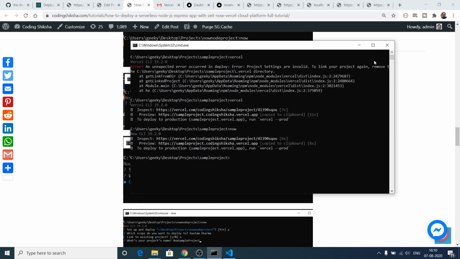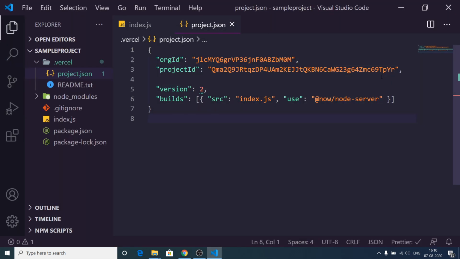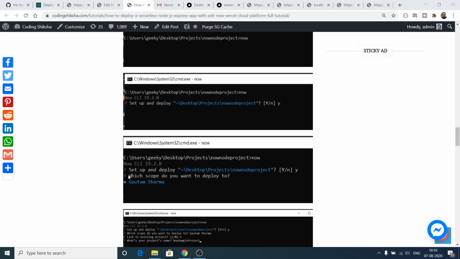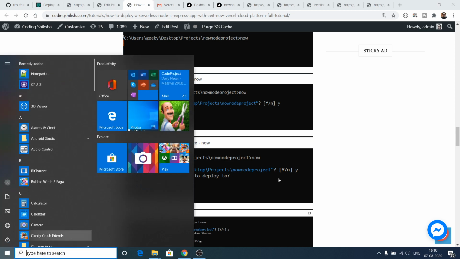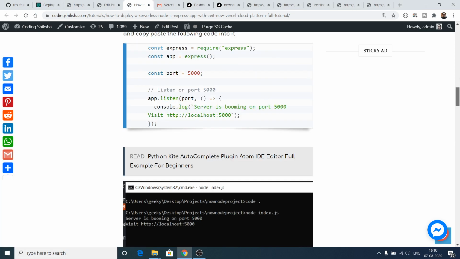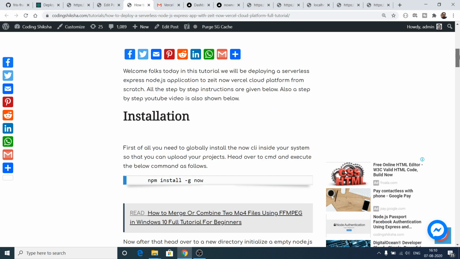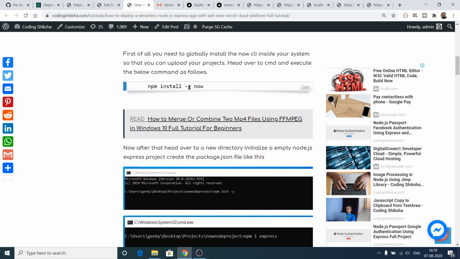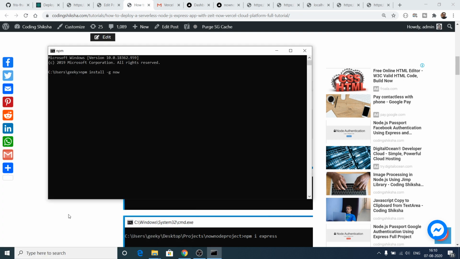Let me close this Node.js project and develop from scratch, and also close this Visual Studio Code. If you go to the blog, you will see you need to install globally this package called now. Copy this command and paste it inside your command line.